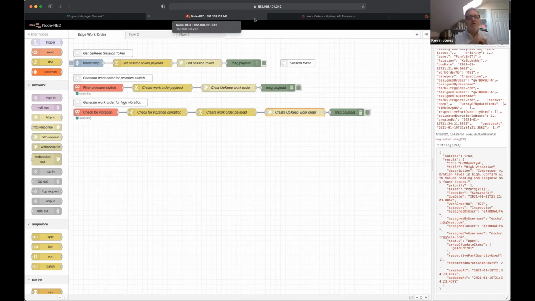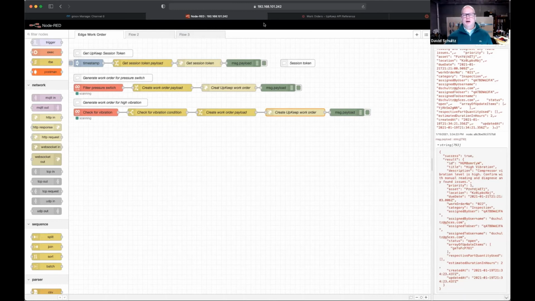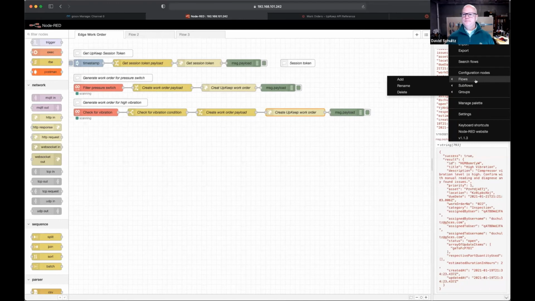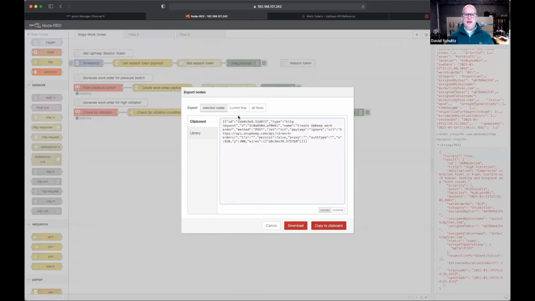Sweet, this is awesome. And where this gets really cool is, of course, we're doing that on the entire device. There's no reason why you couldn't actually take the same scenario and have a bunch of different edge devices out there doing something very similar with Node-RED, now monitoring all those. So within Node-RED, I can actually take this, I can export this flow,